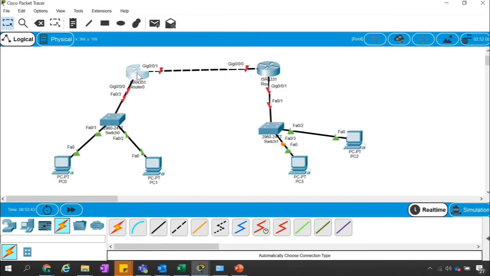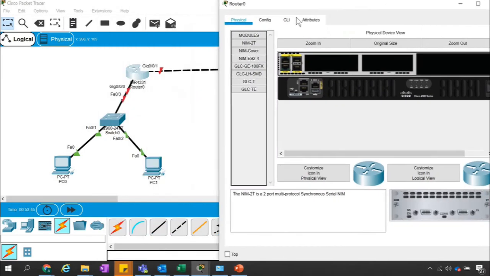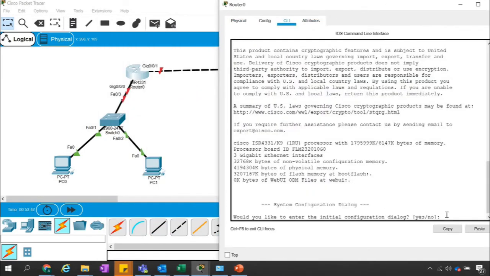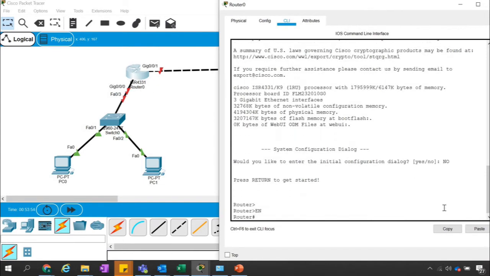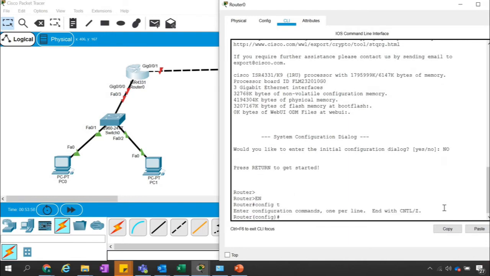But before that, we have to configure the DHCP server. So I'm making this router 0 the server. Okay, so enable, config t, and for the DHCP server, we first choose the pool, that is, what pool you want to assign to the computers.